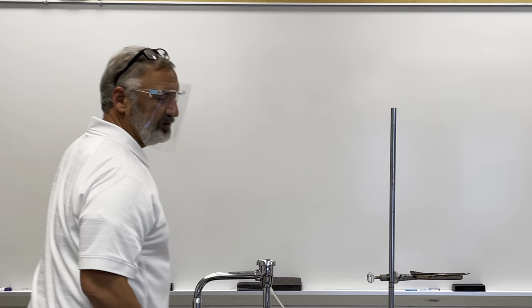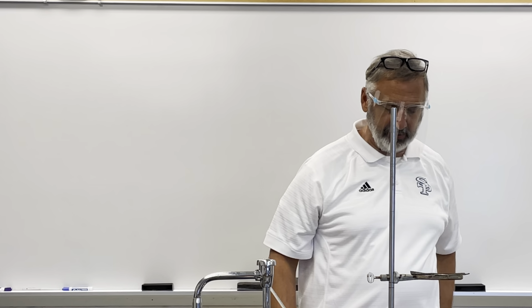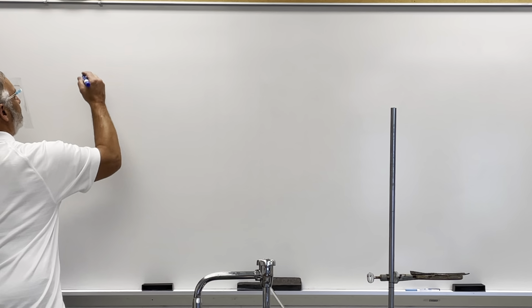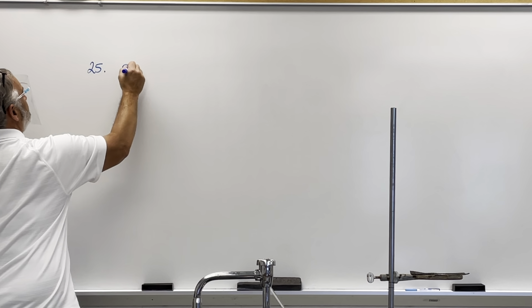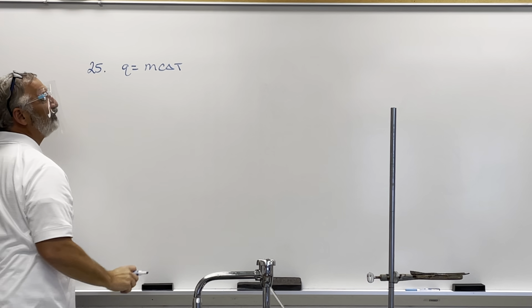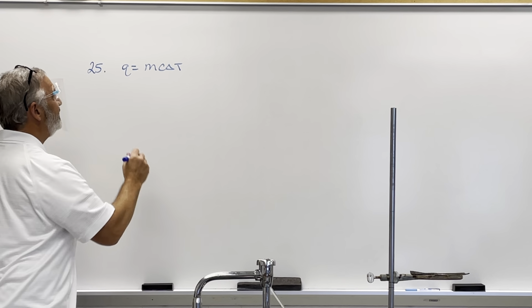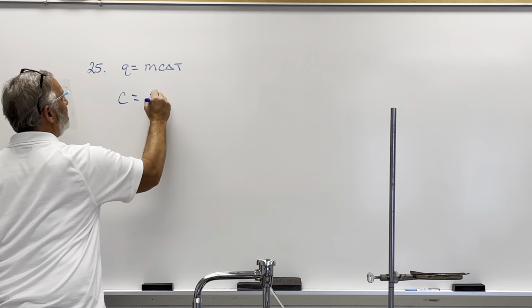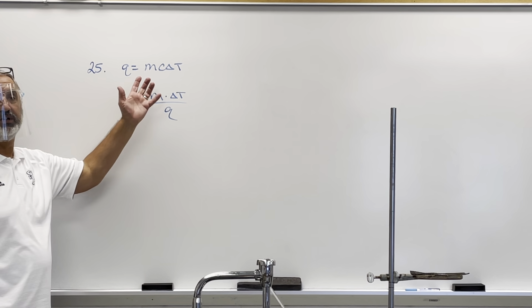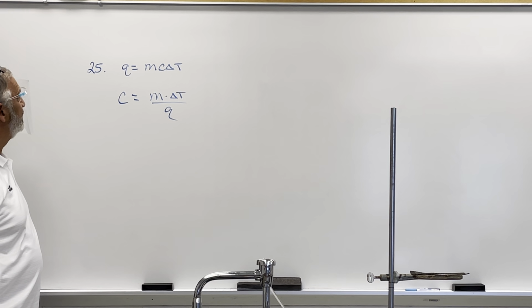All right, well, we got part 2 going on here. So here on 25, if it takes 78.2 joules to raise the temperature of 45.6 grams of lead, calculate the specific heat and the molar heat. So again, what equation do we need to use? Q equals MCΔT. So what am I looking for in this one? C. So do just a little manipulation. It's going to be M times delta T divided by Q. Now you can just plug in here and then solve for it. It's Q divided by M